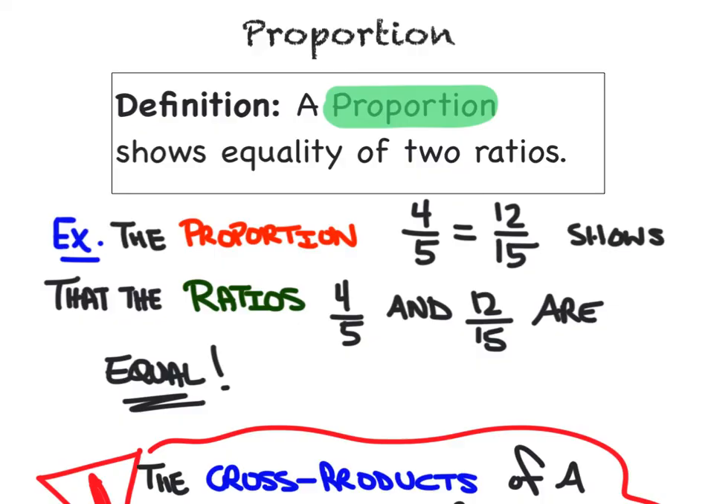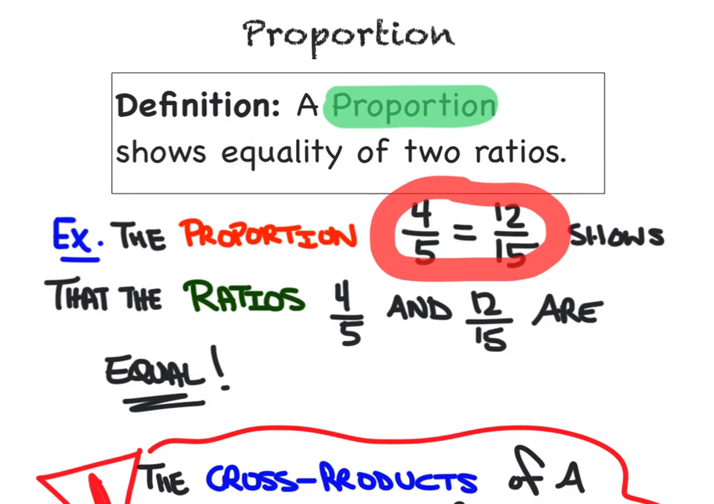Okay, let's shift gears just a little bit and talk about proportions now. The definition of a proportion is something that shows equality of two ratios. So for example, the proportion 4/5 is actually the same as the proportion 12/15. And you can see that just by multiplying the top and bottom by 3. This shows that the ratios 4/5 and 12/15 are actually equal. So what we call the proportion is this equality here, this equation. That's the proportion. It shows equality of two different ratios, and this is very useful for us when we're comparing